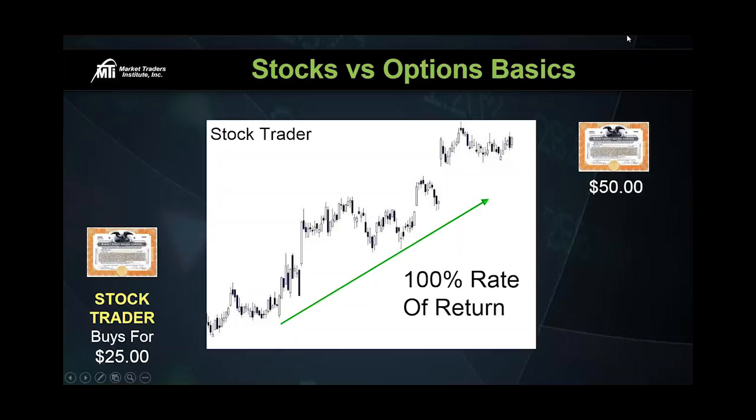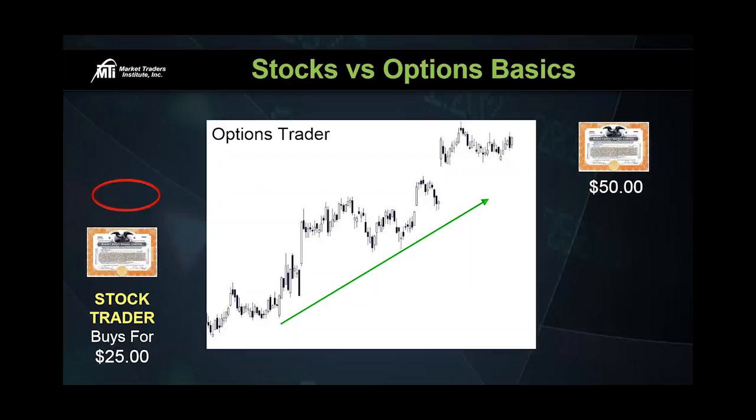However, as a stock trader, you owned the stock. You had $25 invested. You had $25 at risk. Now, the options traders, they don't want to own stock XYZ. They just want to control it. So here's what we're going to do. We're going to look at stock XYZ. We might know about that same announcement coming out. We might do the same analysis, but instead of actually buying stock XYZ, we're going to run that analysis through our specific criteria, check it against our options chain, find the best option that allows us to control stock XYZ, and we might be able to do that for $5 a share.